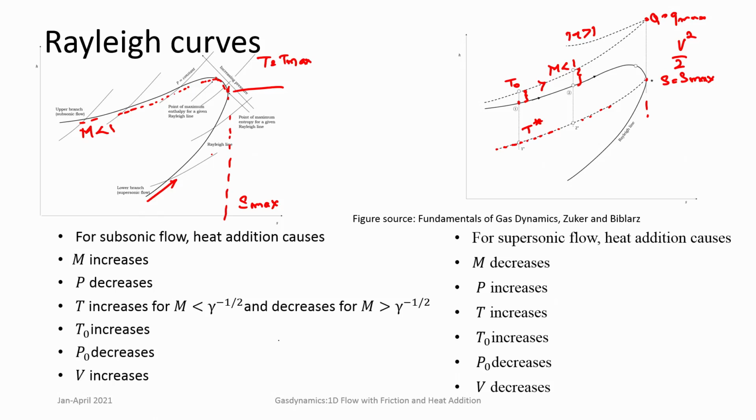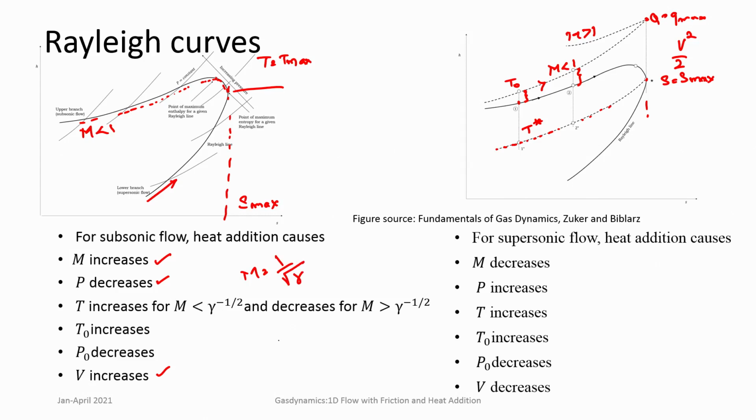For subsonic flow, when heat is added, you see that this height increases, that means velocity increases, Mach number increases, pressure decreases, temperature increases until a particular point, the maximum enthalpy point, and that particular point can be shown to be a Mach number equal to 1 by square root of gamma. After this point,